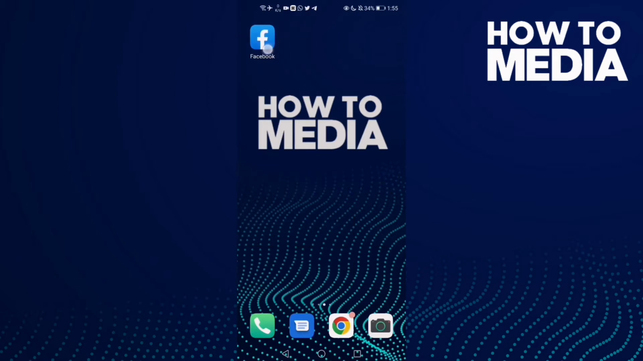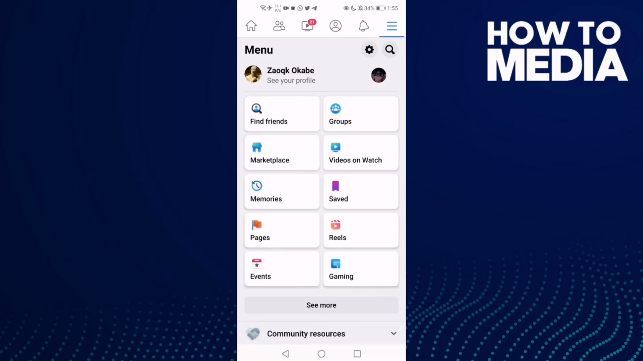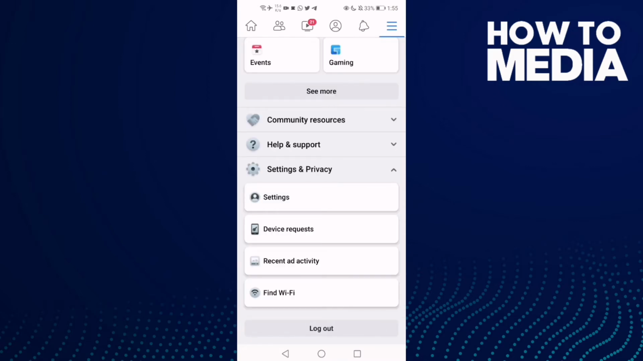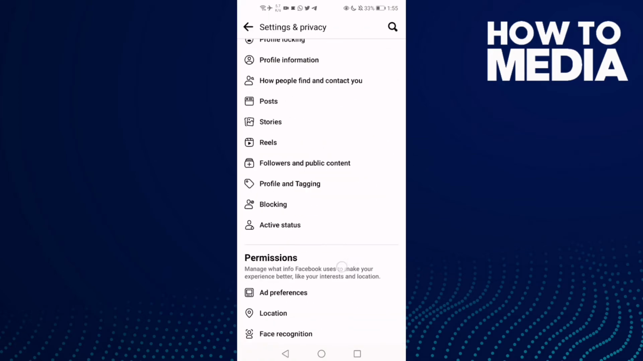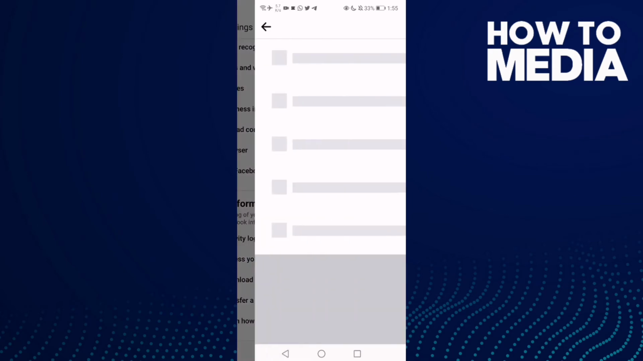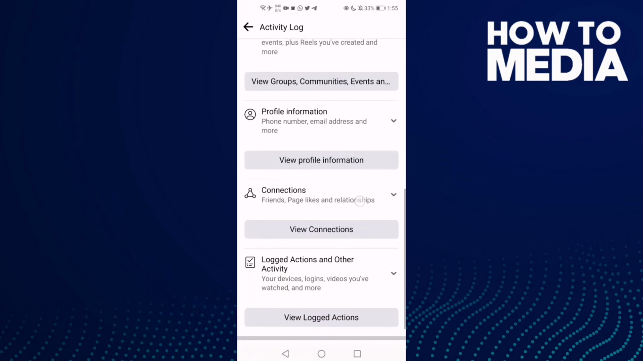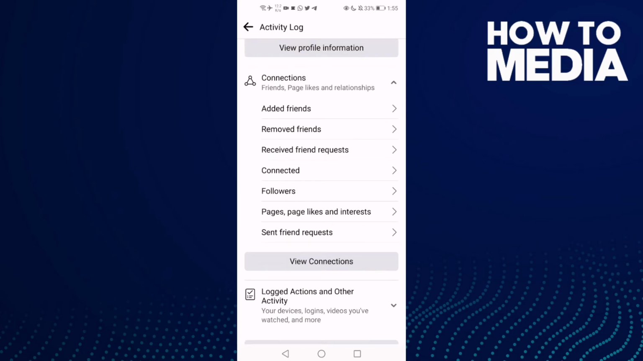First thing you're gonna do is go to Facebook and then click this three lines here in the top corner, and then click settings and privacy, and now click settings and then just go down until you find activity log, click on it and then click here connections and then page likes and interests,